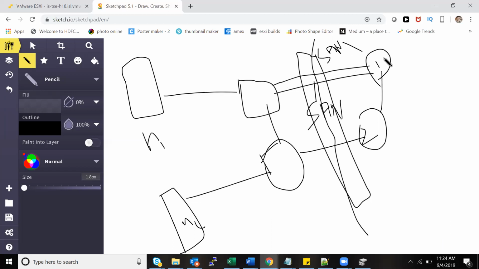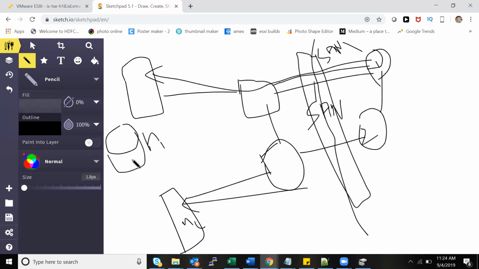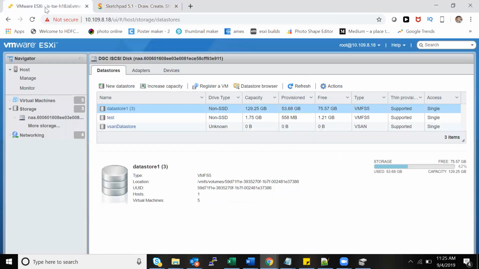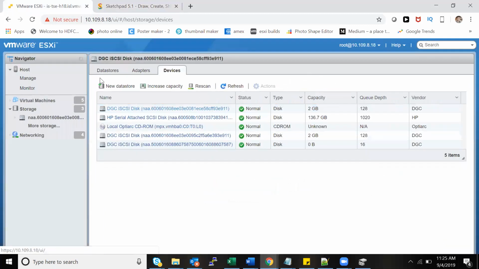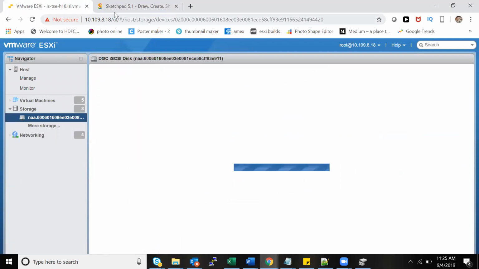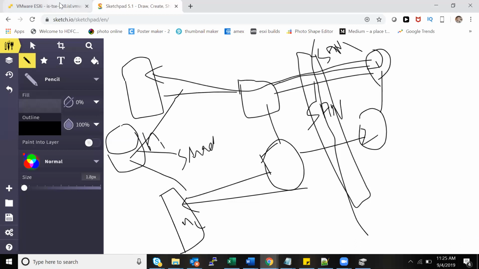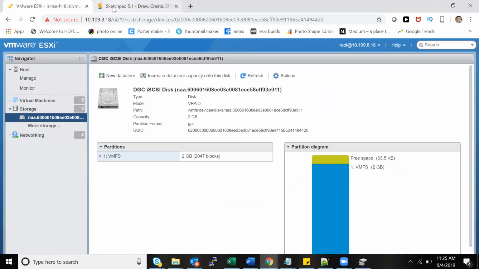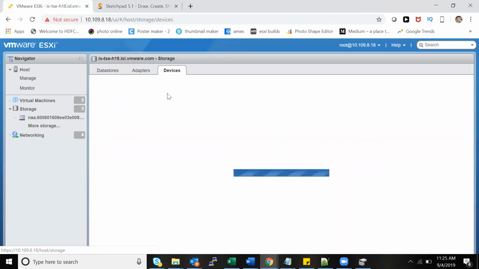What they usually do is they'll carve out a LUN and then they'll give it to the hosts, so it will be mapped or presented to both the hosts. And using that, I will create one common data store which is accessible for both the ESXi hosts. This is shared. So I want you to create multiple data stores out of a single LUN? No, that's why I showed you here one device, one data store. One device, you can create only one data store. One device in the sense it's called LUN. Are you following me? Yes.